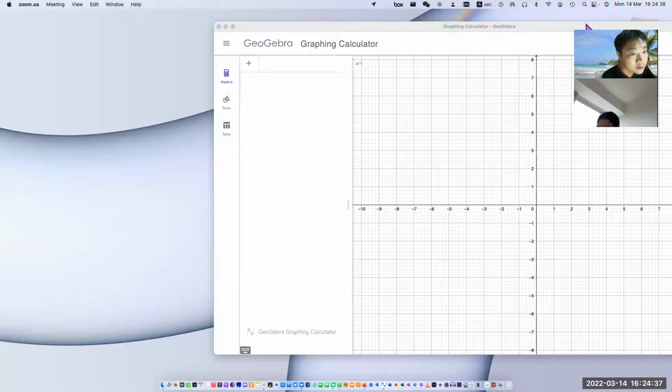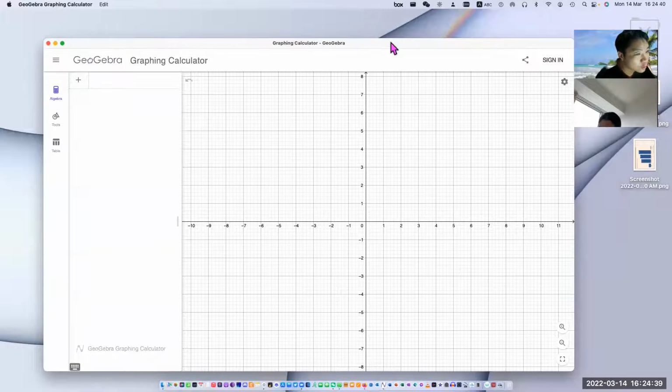Okay, so I'm not sure why you don't know how to plot a graph. I hope you can see the graphing calculator using the GeoGebra app. So, to quickly draw a graph,